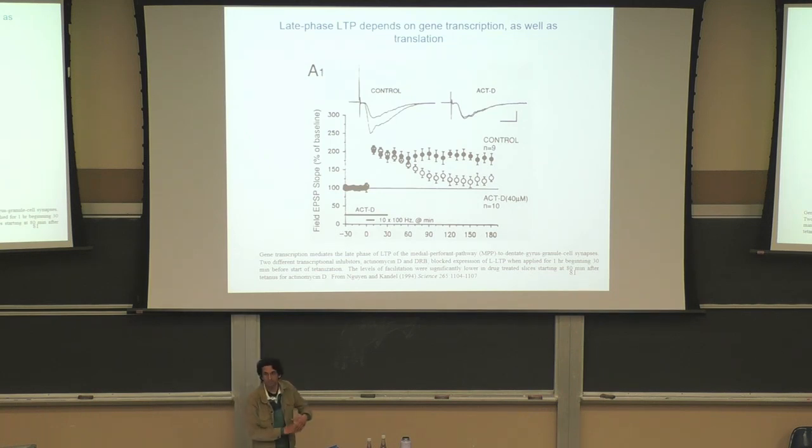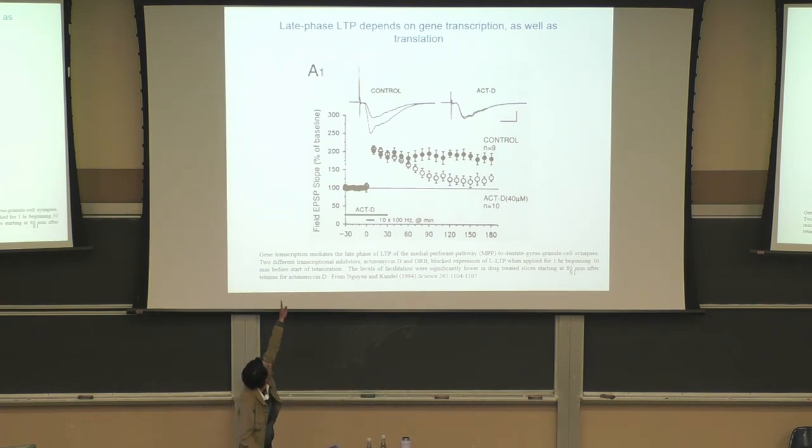Okay, so the last thing we'll talk about is some longer lasting properties of long-term potentiation. Everything that we talked about so far to strengthen the synapse, which was insertion of new AMPA receptors and phosphorylation of AMPA receptors, are things that could strengthen the synapse for some minutes, but not for many hours. And that was first found in this experiment here, where they showed that some different mechanism was going on when you had very long-lasting long-term potentiation of many hours.